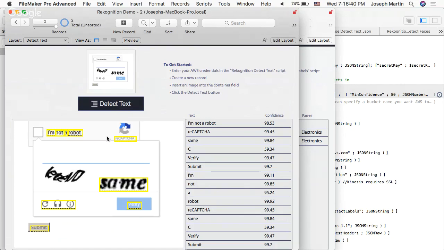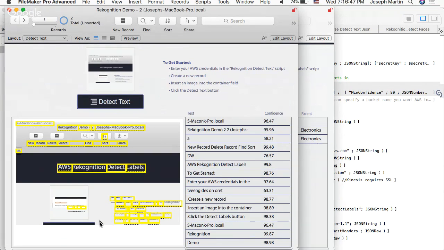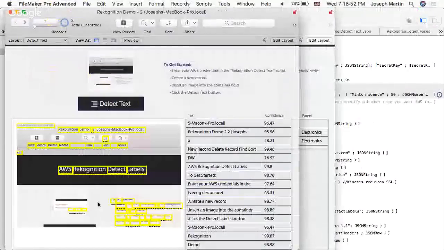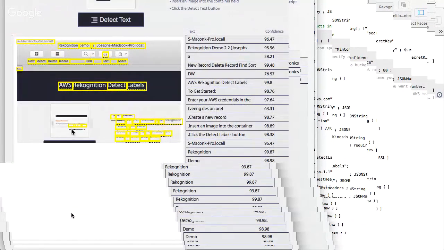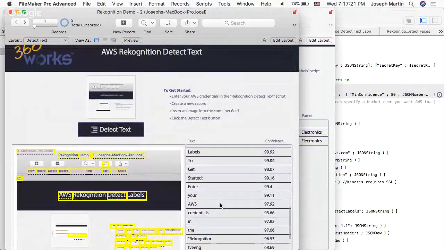But yeah, it's really good. I mean, it can pick up this stuff. One of these, I have an image inside of an image here. I took a screenshot of my screen, and it can't really tell what these words are. I mean, we can't either. There's just no way we can read the text this small, and it really gets it wrong. But the rest of this stuff, it's picking up everything pretty well, and we can sort of see the results over here as well, accompanied by